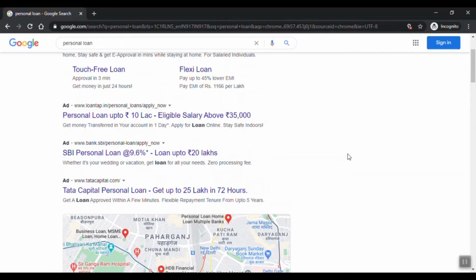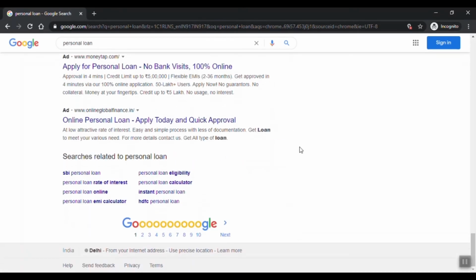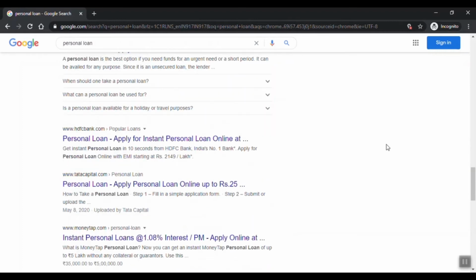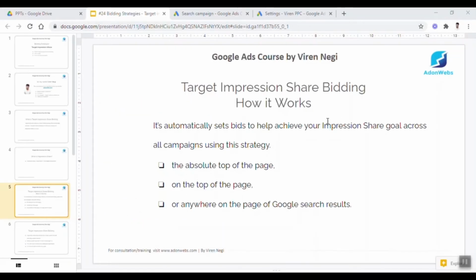Anywhere on the page means it could be anywhere below, and maybe even on the second page. So based on the impression share and placement, it will set your bid automatically for that particular position.